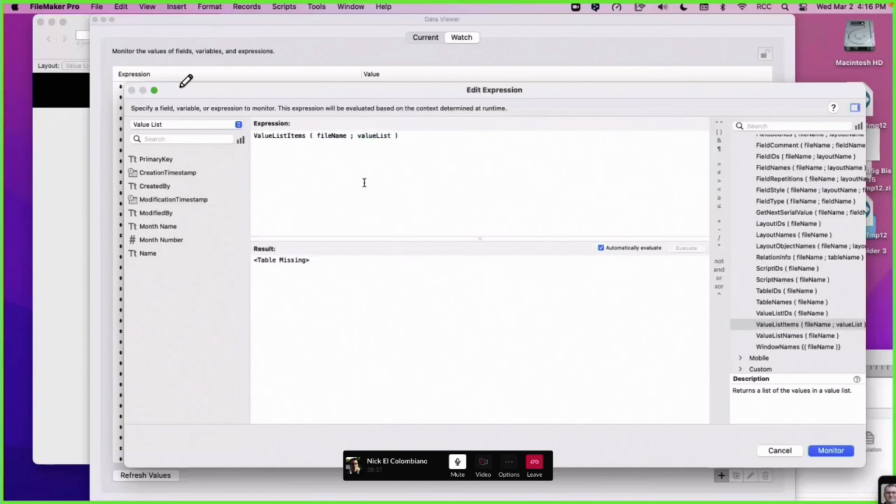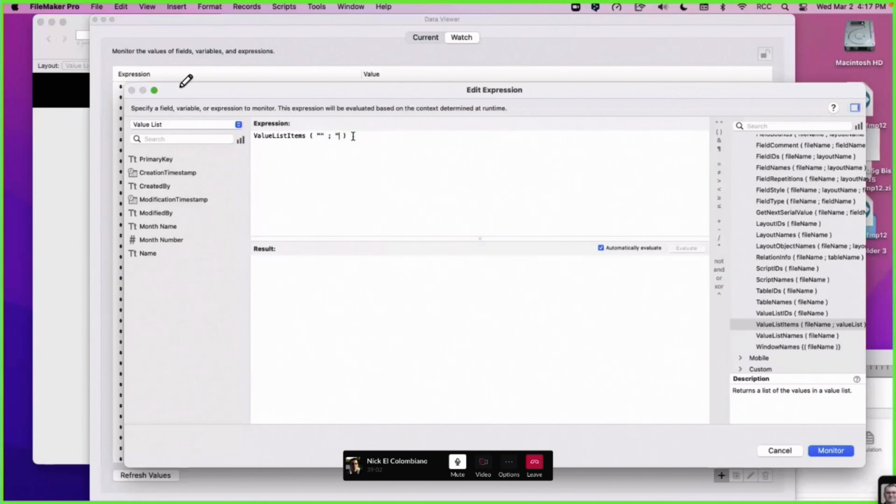First of all, we have the possibility to say which file we want to go to and which value list we want. That means we can go into another file and hijack a value list, or we can say I want to stay in the same file. So you use quotes, which means I want to be in the file I'm in.